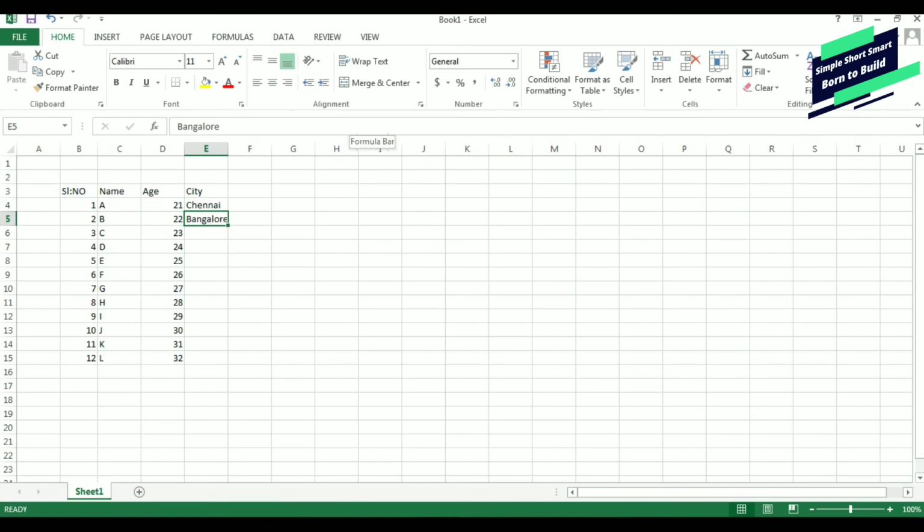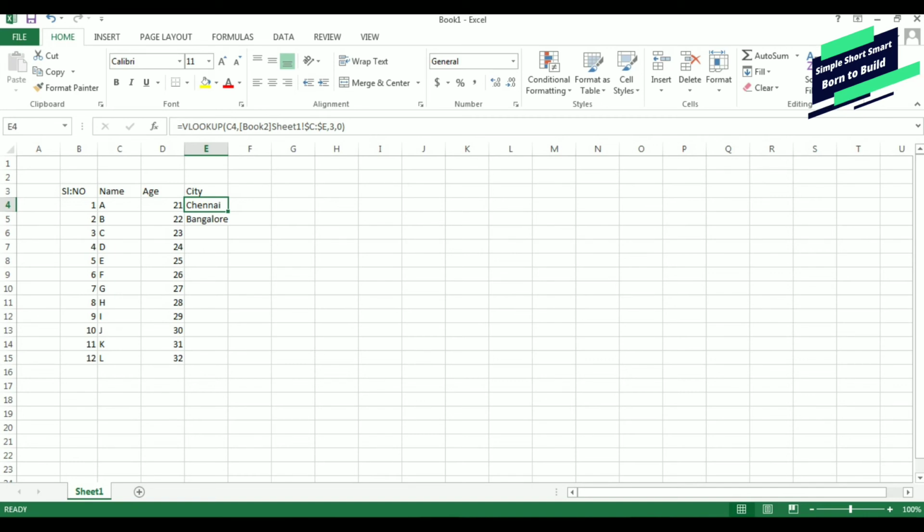Once you press enter, the A which is common in that sheet uses the VLOOKUP formula and brings the city details into sheet 1. So Chennai is brought out here. This is one of the simplest processes, and for all these 12 details you are not required to do the VLOOKUP formula in every cell.